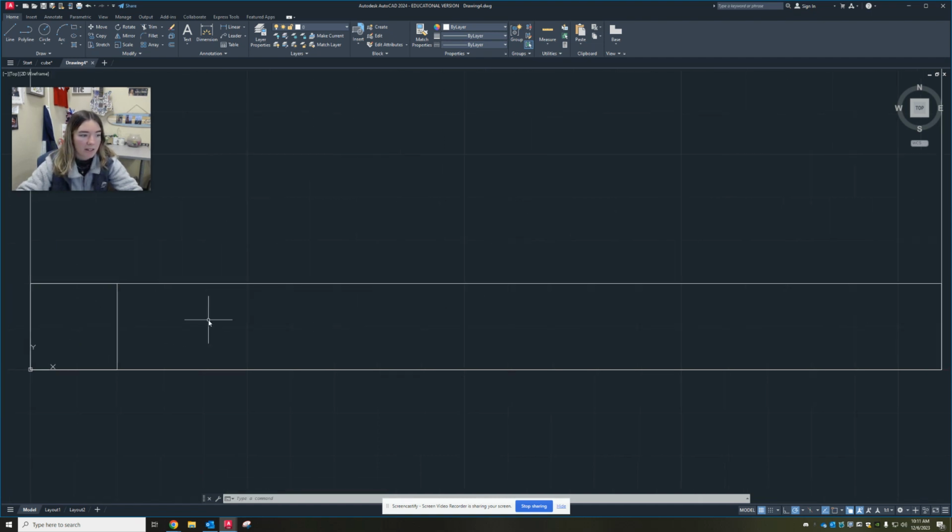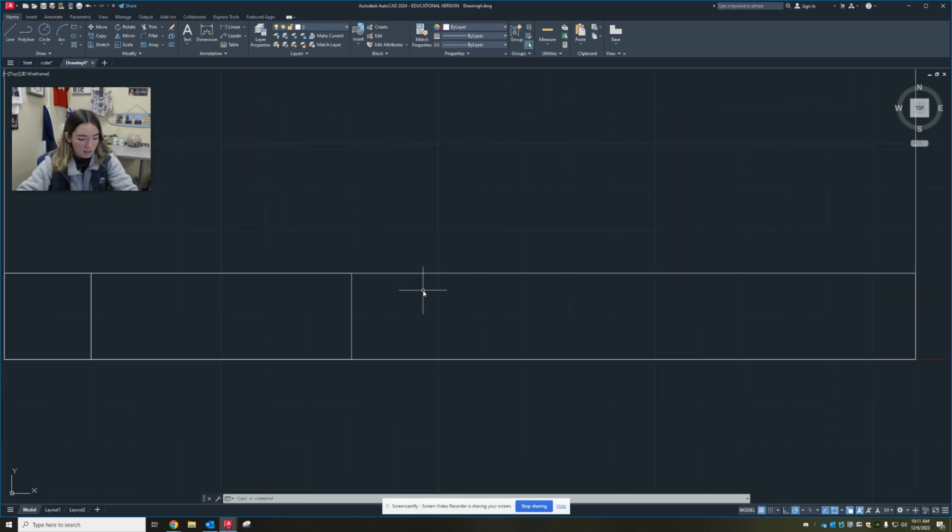From there, I have another rectangle that is a 1 by 3 rectangle. So I can actually type in REC again, and instead of typing 0, 0, I'm just going to have my object snaps on, right? So F3. I'm going to select where that last rectangle ended, and then I'm just going to type in 3 for the width and 1 for the height. And then it just drew, that's where you're going to put your name and then the title of the project, right? And then the next rectangle